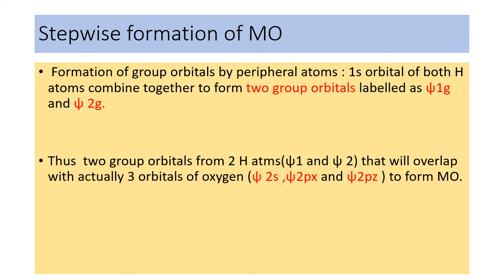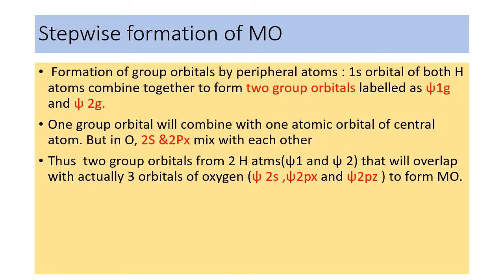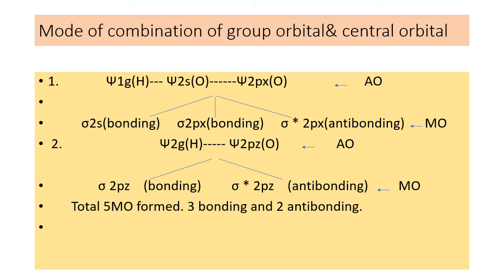Therefore, it is also taking part in the combination. So one group orbital ideally combines with one atomic orbital, but in the case of oxygen, due to angular geometry, the 2px orbital mixes with the 2s orbital and then overlaps with the group orbital, becoming a slightly unusual symmetry adapted linear combination pattern